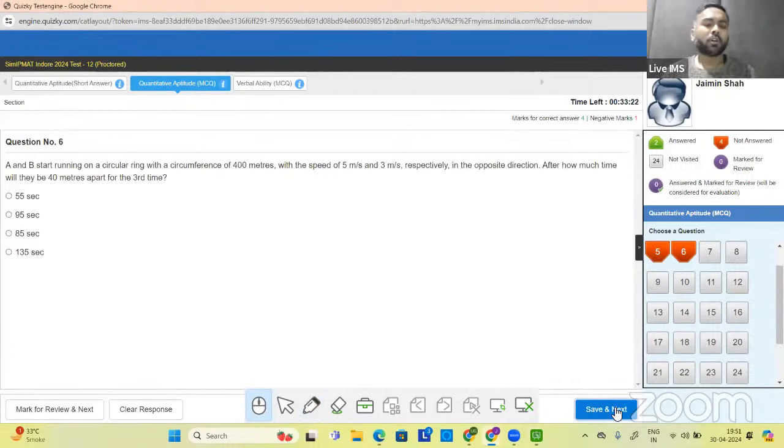A and B start running on a circular ring with the circumference of 400 meters with a speed of 5 meters per second and 3 meters per second respectively in the opposite direction. After how much time will they be 40 meters apart for the third time? Third time is asked, right? 40 meters apart. So